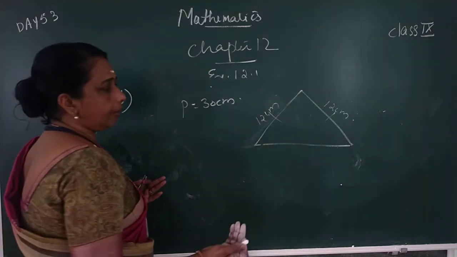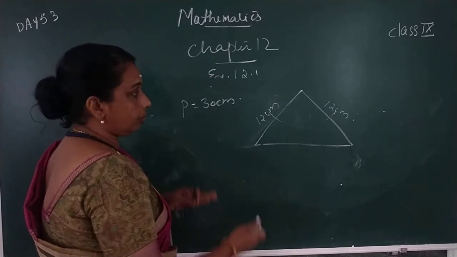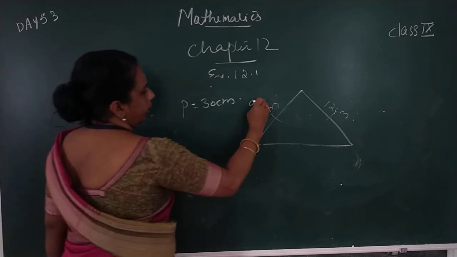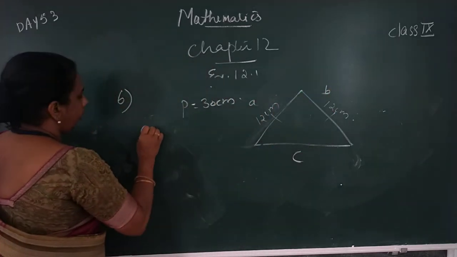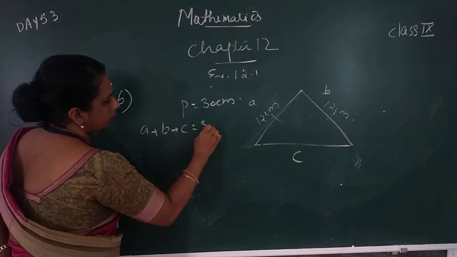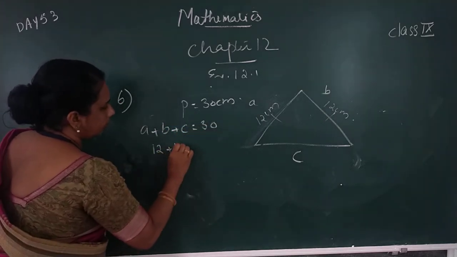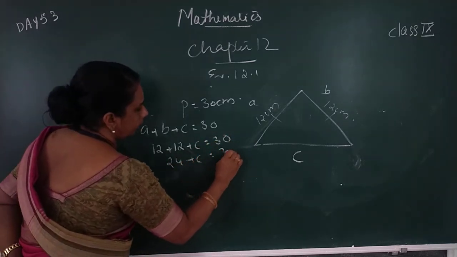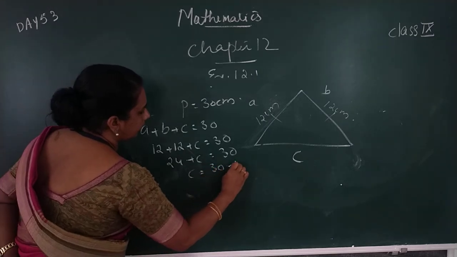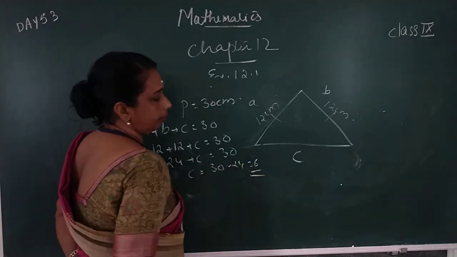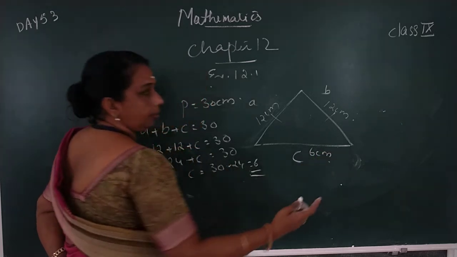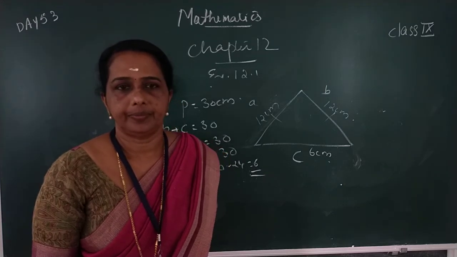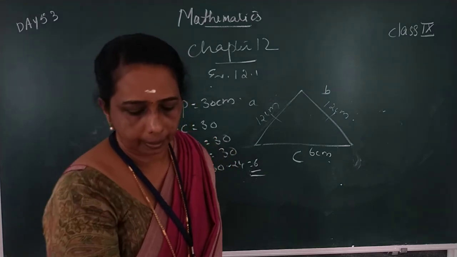It's very easy. Same type of problem we already solved, but here an isosceles triangle is given. So perimeter, you know, A plus B plus C is equal to 30. 12 plus 12 plus C is equal to 30. 24 plus C is equal to 30. Therefore C is equal to 30 minus 24. That's equal to what? 6. This side is 6. Then we know how to find out the area of this triangle using Heron's formula. Okay? Let's also do just homework.